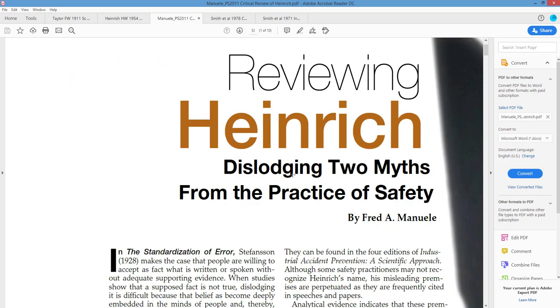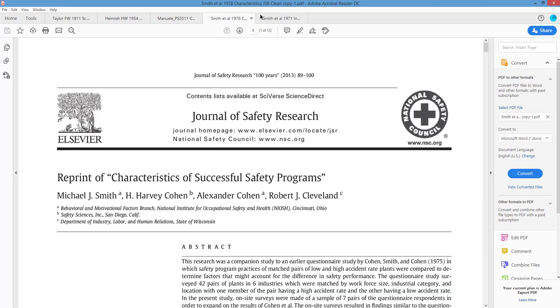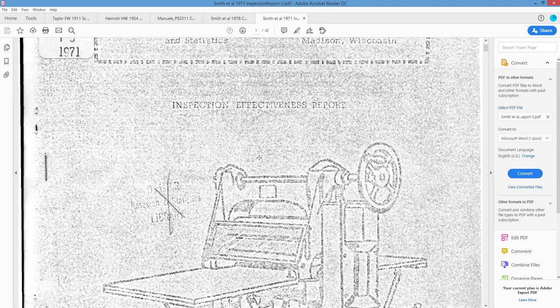Here's Manuel's paper that I reviewed for you. So he's calling it myths. He's already kind of giving connotations. The fourth paper, the first one you read, not a great copy of it, because I think I actually hand copied this. This is Smith,